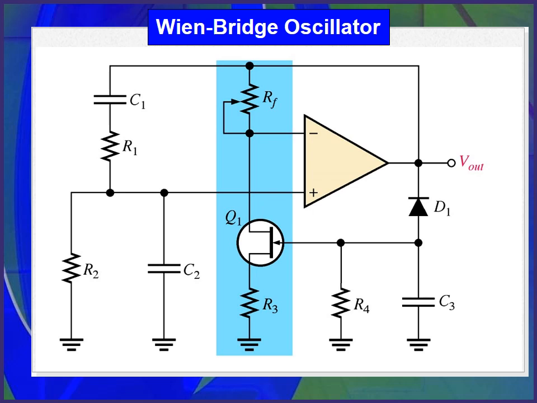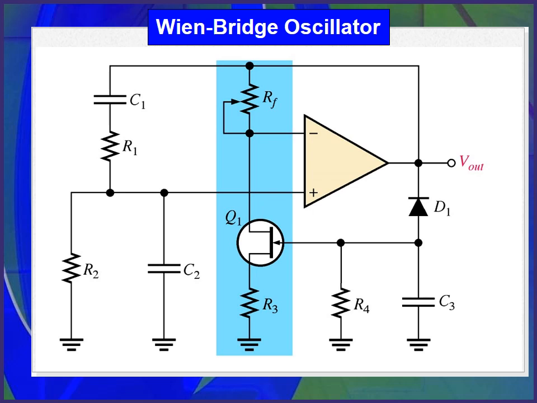This is the self-starting Wien bridge oscillator using a JFET in the negative feedback loop. The gain of the op-amp is controlled by the components shown in the blue box, which include the JFET. The JFET drain-source resistance depends on the gate voltage. With no output signal, the gate is at 0 volts, causing the drain-source resistance to be at the minimum. With this condition, the loop gain is greater than 1. Oscillations begin and rapidly build to a large output signal.